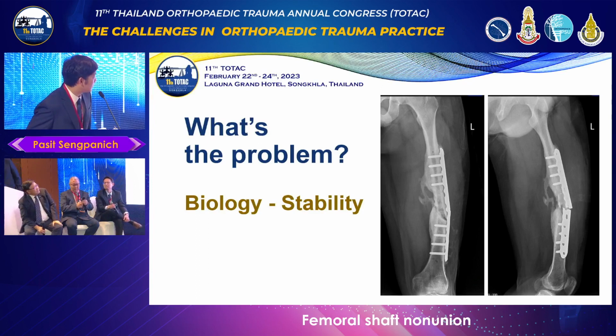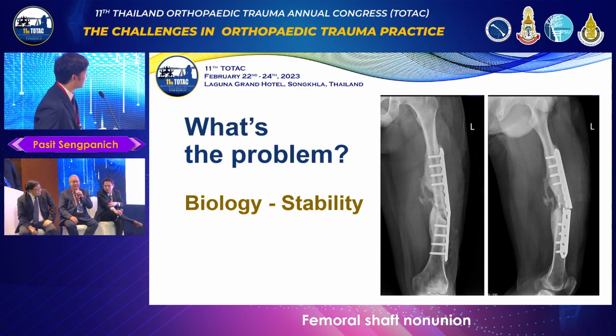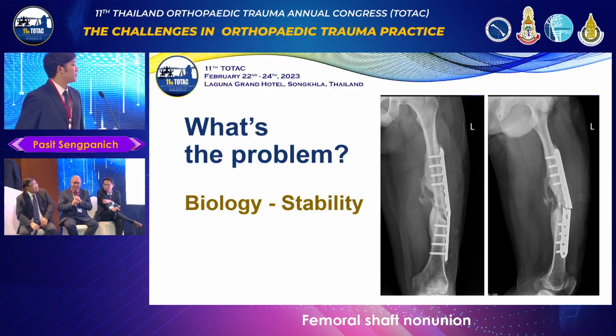I think for this case, the problem is both biology and stability. When you're considering it, like I said, maybe from the initial injury or the repeated surgeries, you may have devascularized the area of the bone near the fracture. Again, looking at the diaphyseal bone,